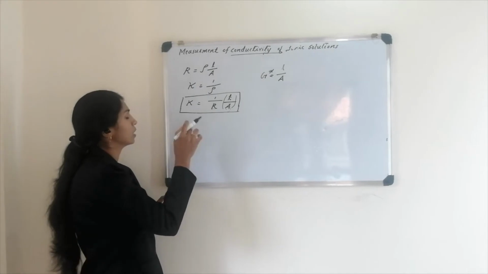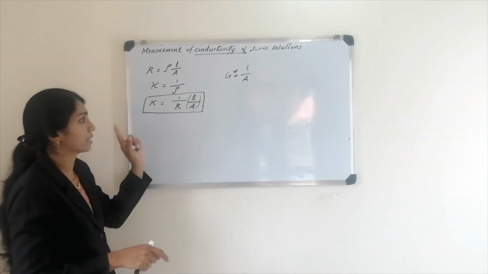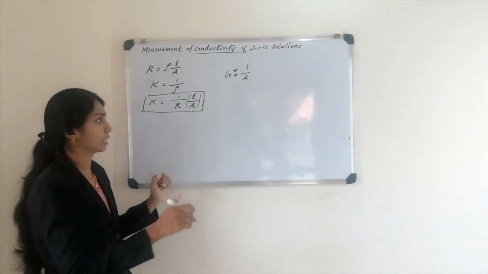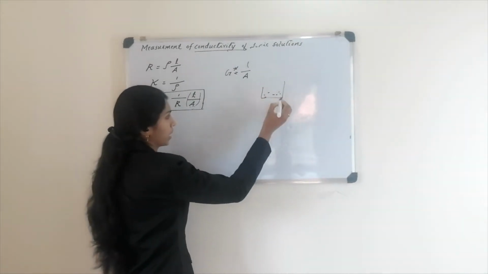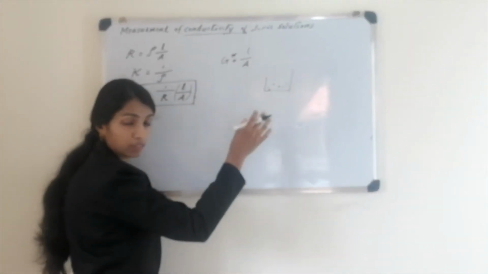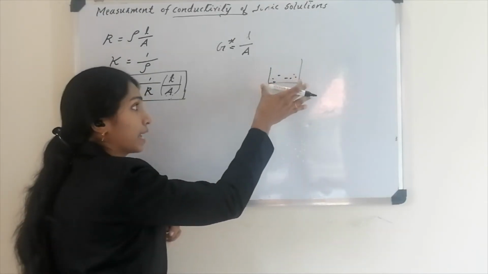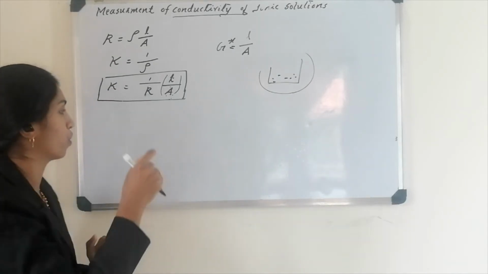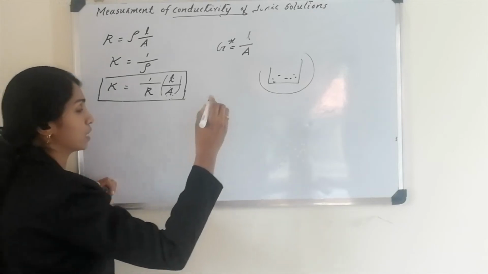Okay, so that KCl solution whose conductivity is known, that is taken in that conductivity cell. Taken in that conductivity cell means what? If we take that KCl solution in a beaker and if we dip that conductivity cell into it, we can measure and we can connect that into one arm of the Wheatstone's bridge. Okay, for measuring the unknown resistance, we are using Wheatstone's bridge.